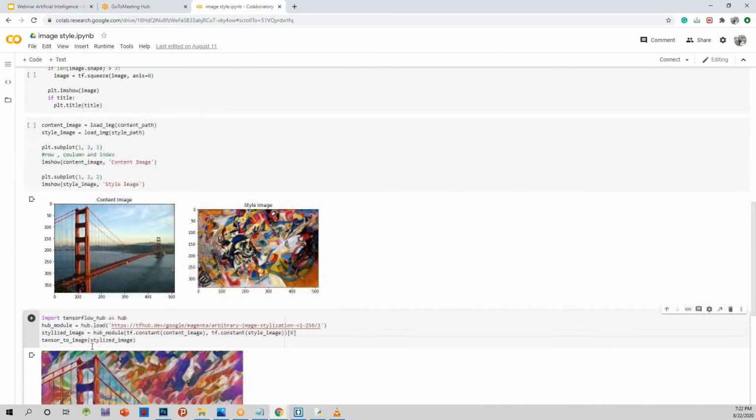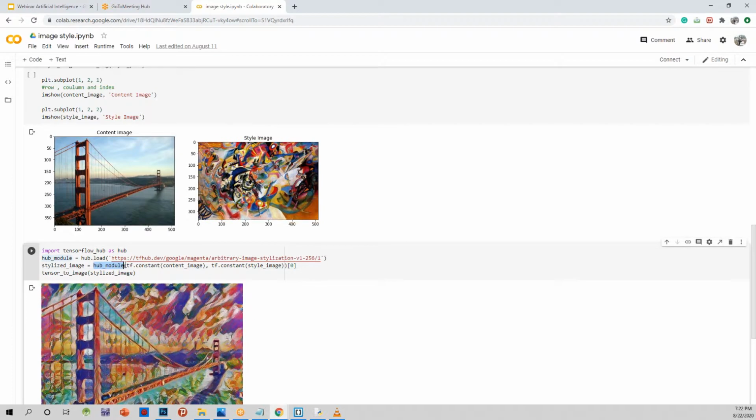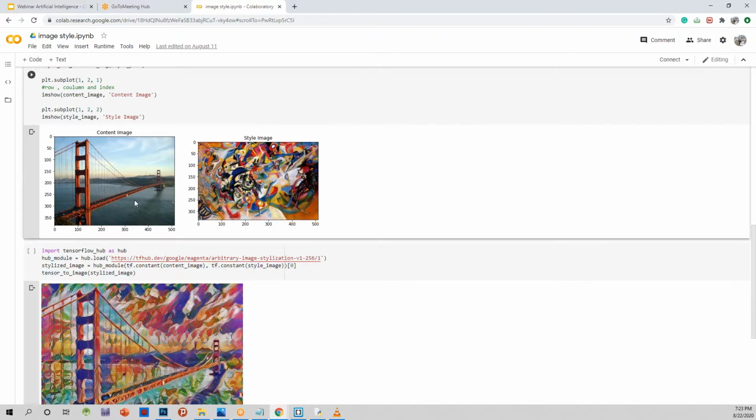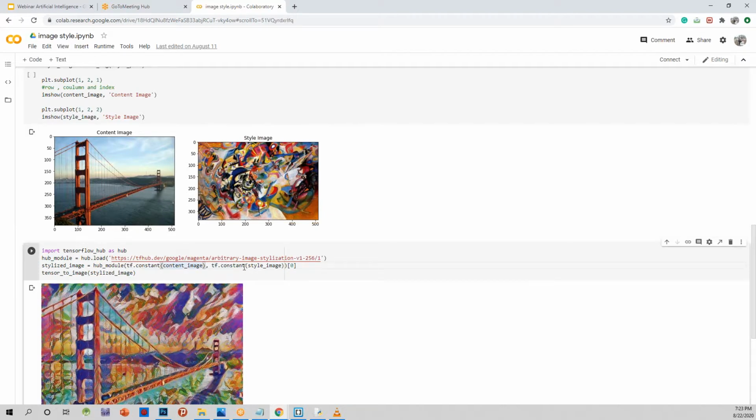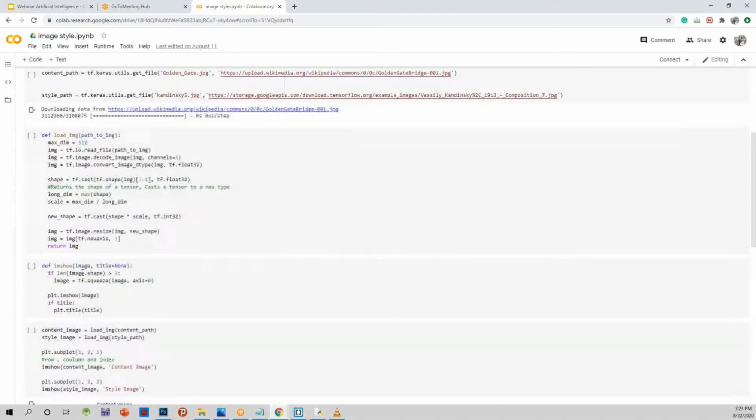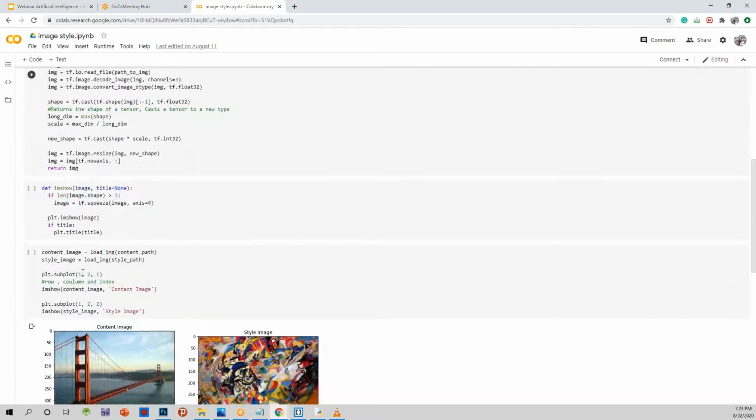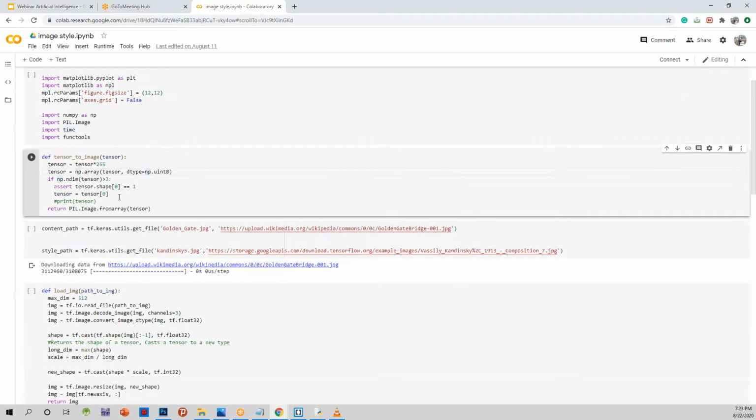We pass these two images into our model as tf.constant style image and content image. Whatever images we have, both will be passed, and then passed to the tensor to image function that we have above. So what it does, it will convert the TensorFlow